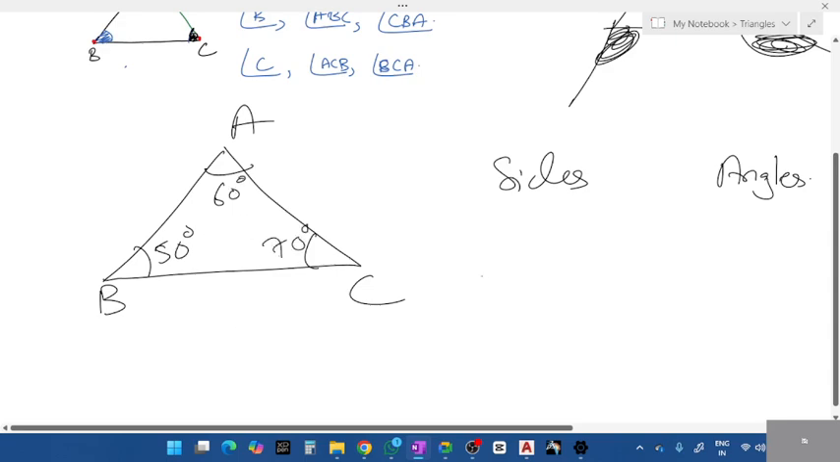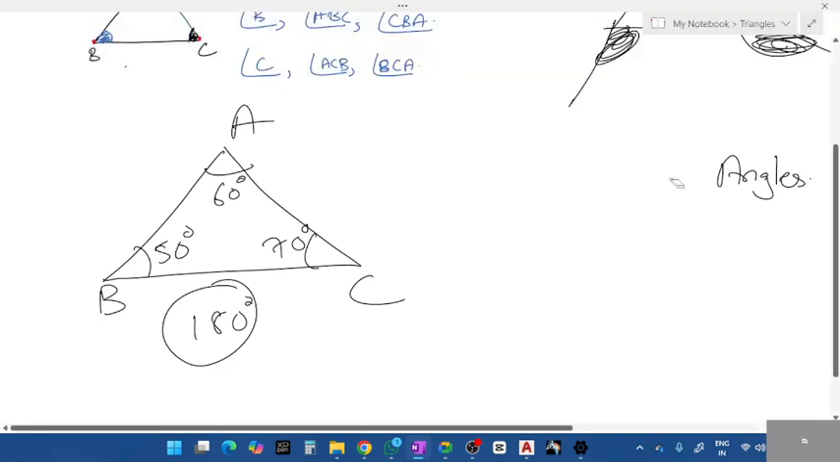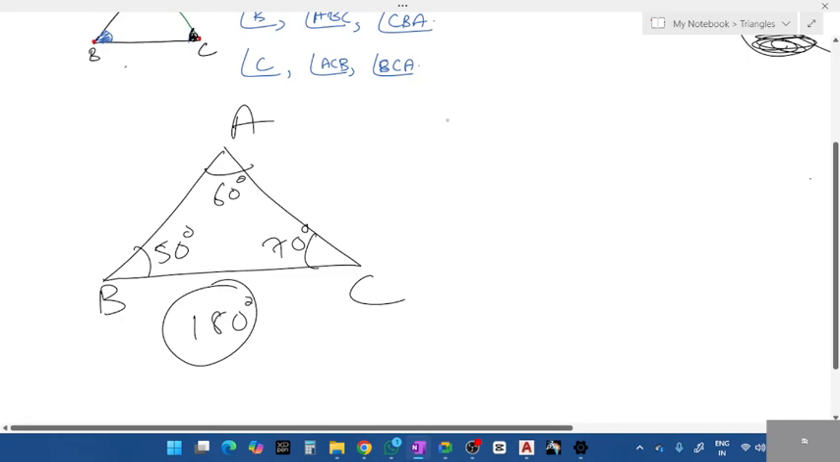What will be the total? 180 degrees. And where are all these angles formed, inside or outside? Interior, correct. Interior angles, inside the triangle. So the formula for this, students, is the first and most important formula. The angle formula is